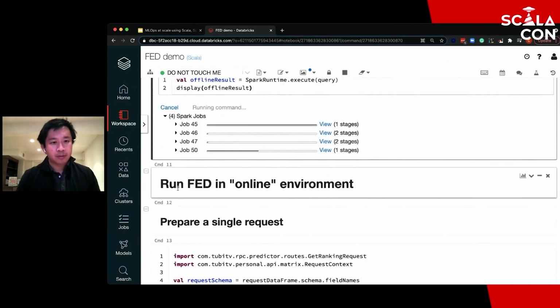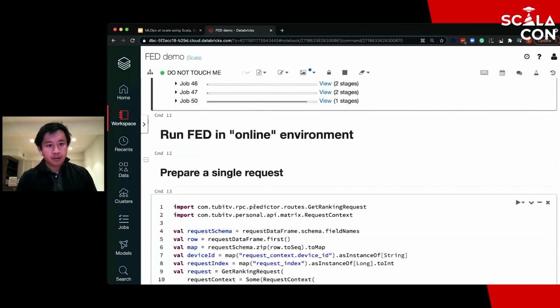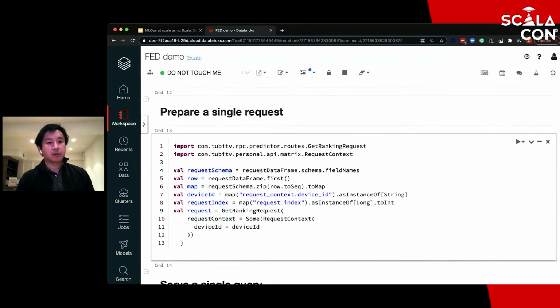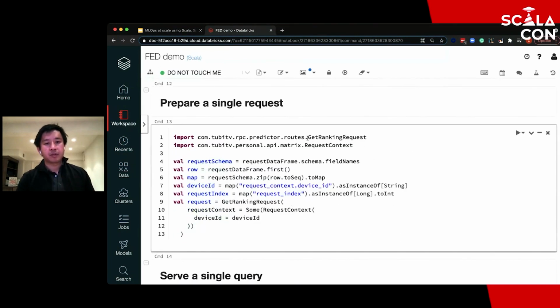And then while this is ongoing, we can also look at how we can run this in an online environment. I'll just show you how we can do this inside the same notebook. Basically here, I can prepare a single request. So at 2B, most of our systems are gRPC-based APIs.